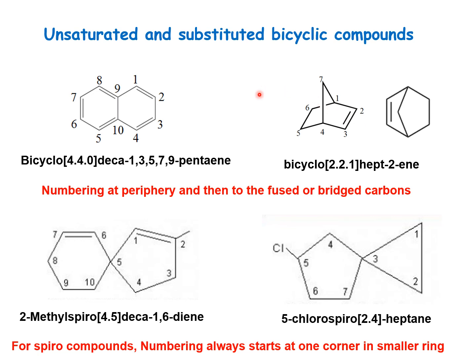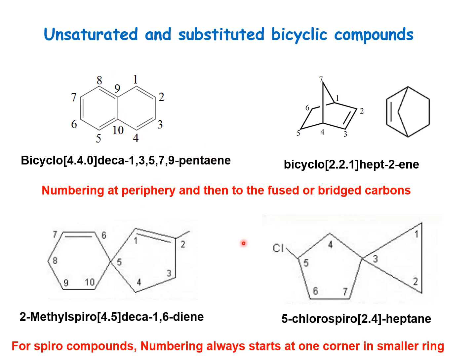So in case of bridged compounds, you will start numbering like benzene, from the fusion, complete it from the periphery and give the last numbers to the bridge. While in case of naphthalene, phenanthrene, anthracene, we always number from the periphery and last to the fusion.